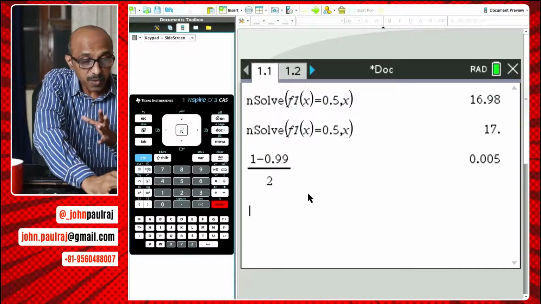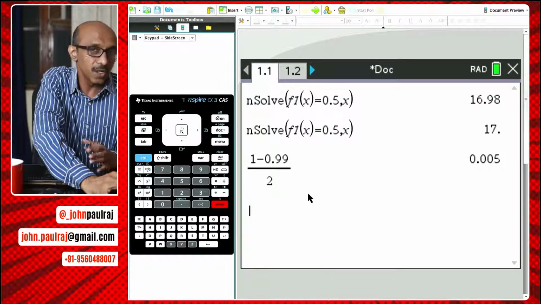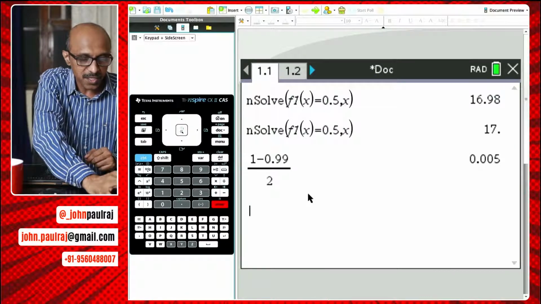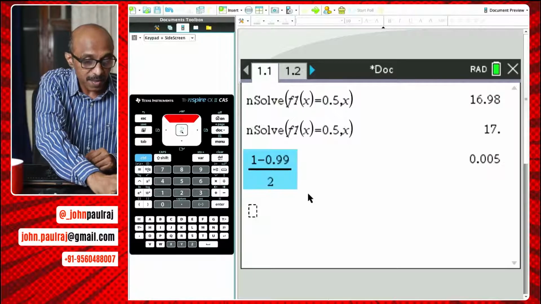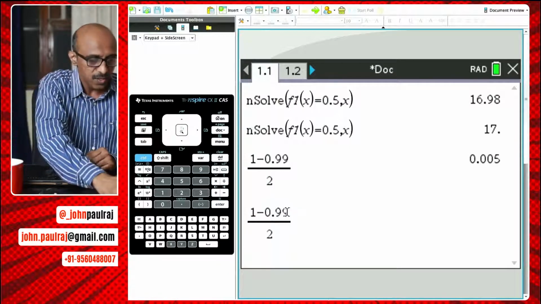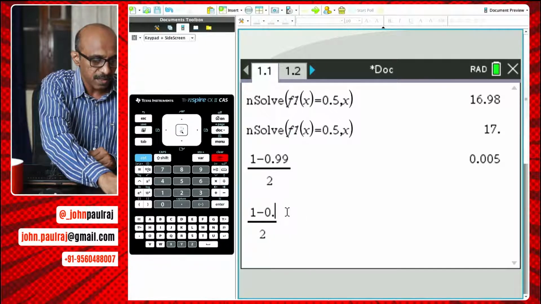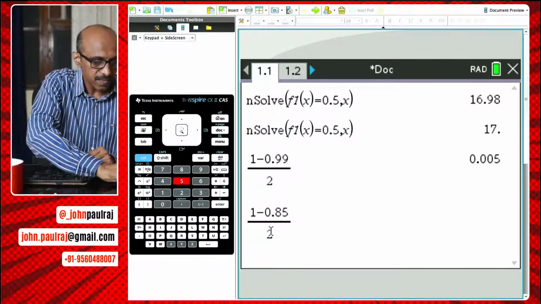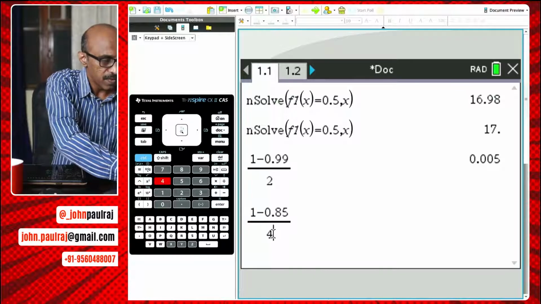And the reason I'm doing this is so that you can even see some of the shortcuts, how to use the GDC. Once you have the entry, you can just use the top arrow key, bring back that expression, and make the changes there, okay? You can edit that. So it's 0.85, all right? And here we need 4. And when I hit enter,